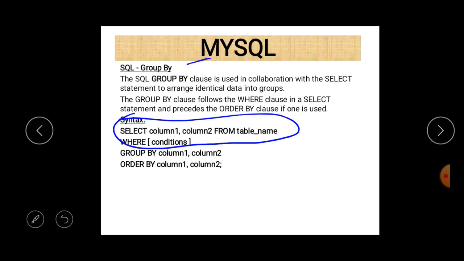Without an aggregate function, you cannot form a group. After that, if there is a particular condition related to that group, then you can specify that condition with the having clause, not with the where clause. Always remember that a condition related to a group must be specified with the having clause.